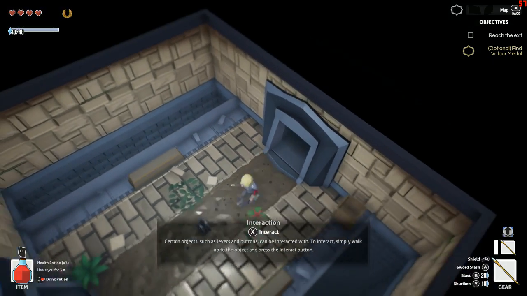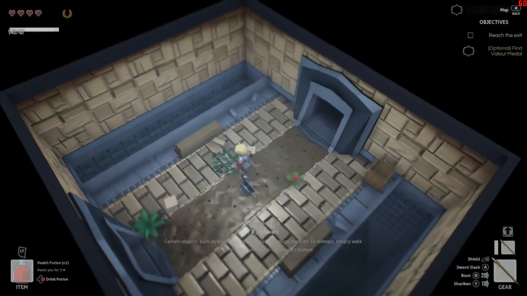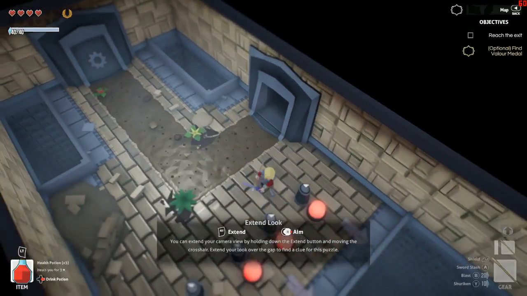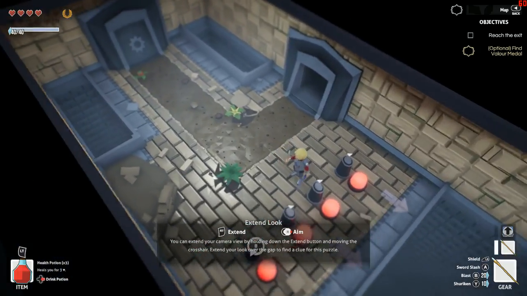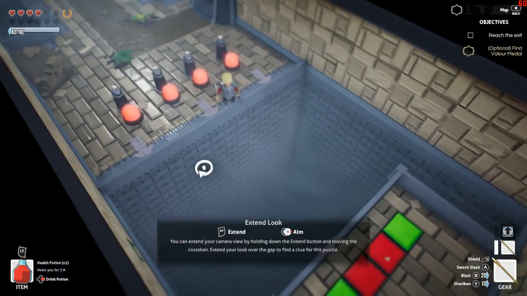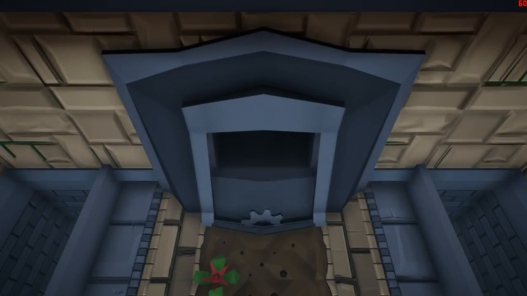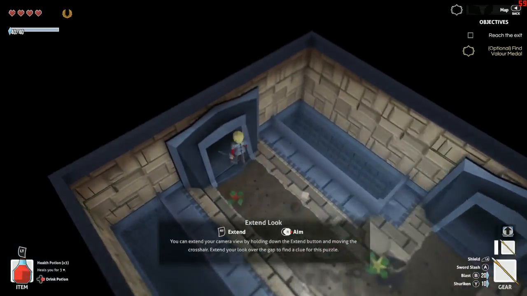Okay, fake Zelda. Aw, they've even got a fake Zelda sound when you open up a door. It's not quite as compelling as the Zelda sound. Alright, extend a look. Oh, nice. Ah, okay, cool. Do-do-do-do-do. See what I mean? Just not a great...